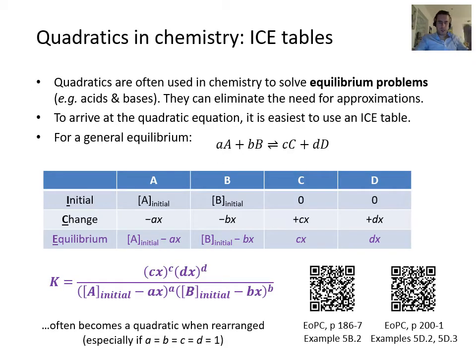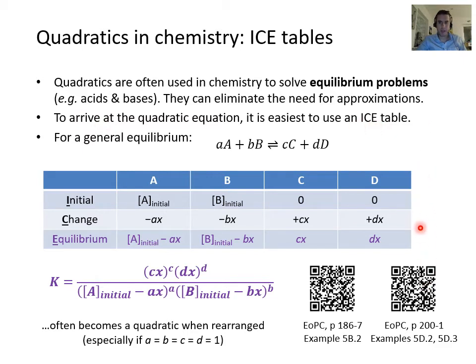Okay, so I've talked a lot about the sort of simpler algebraic quadratic equations, and as I already said right at the beginning, the key point when we're starting to apply these in chemistry is actually going to be arriving at the equation in the first place. And the main thing to remember is that when we're solving equilibrium problems, we're often going to end up using quadratic equations. Okay, and the way we can arrive at the quadratic equation correctly, we can use an ICE table,